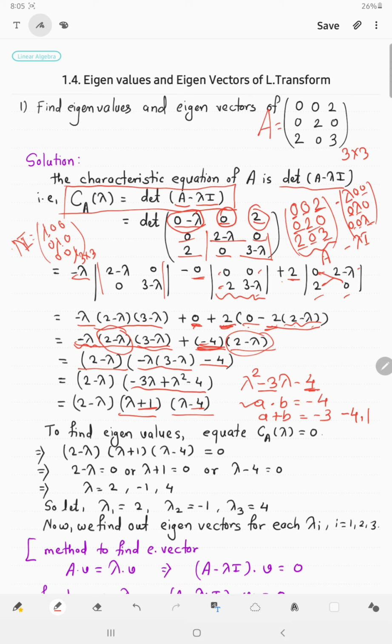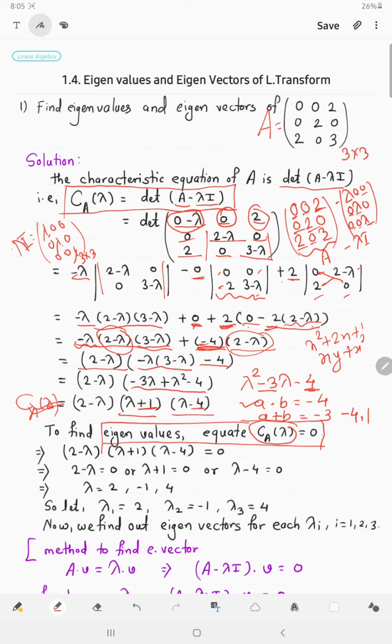Now how do we find eigenvalues? Eigenvalues are nothing but the roots of this polynomial. Which polynomial? C_A of lambda. Now you can look at this. This is C_A of lambda, a polynomial in the variable lambda. In college we see polynomials in x, or polynomials in y, such as x square plus 2x plus 1, or some polynomial such as xy plus x square. We mostly use variables x and y, but here we use the variable lambda. So this is nothing but a polynomial in terms of lambda.